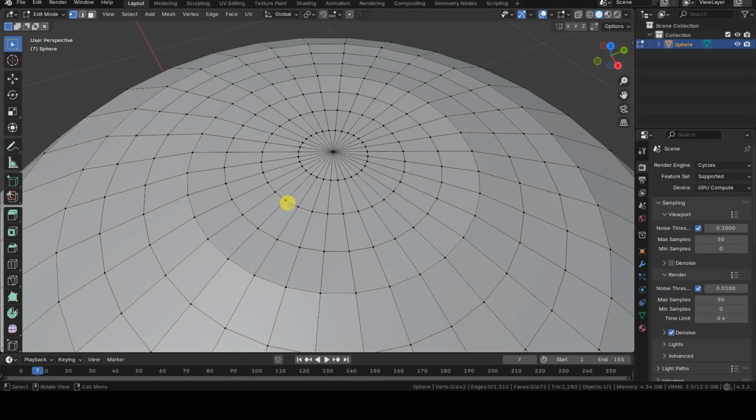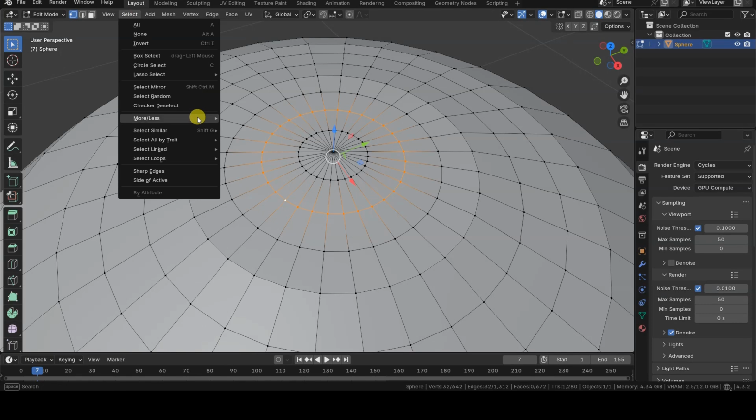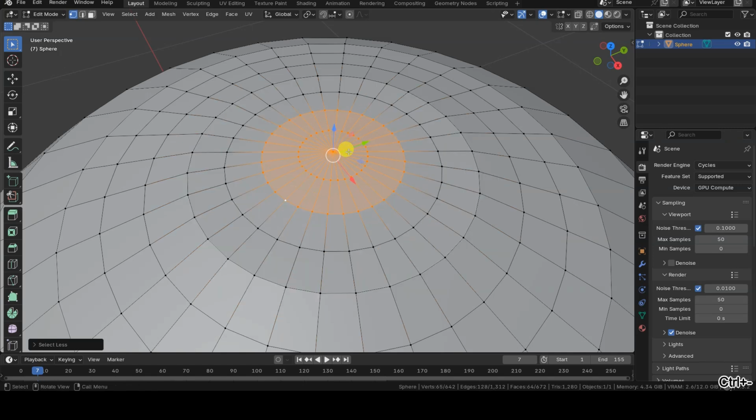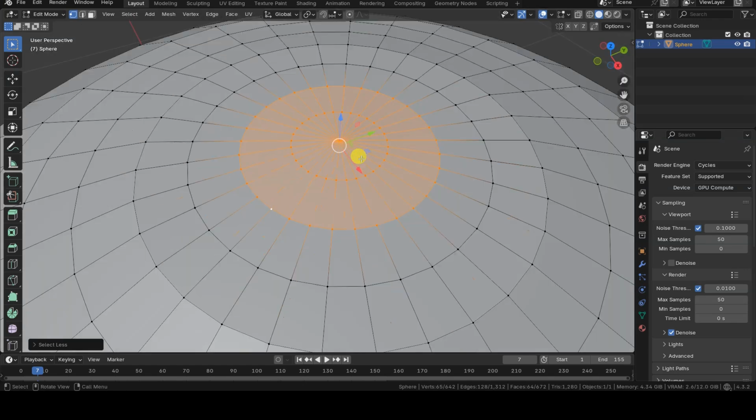This behavior is similar to using the Select More and Select Less operators in edit mode. You can expand a selection with Select More to include an internal part, and then use Select Less multiple times to shrink the perimeter back to its original shape while keeping the included part selected.